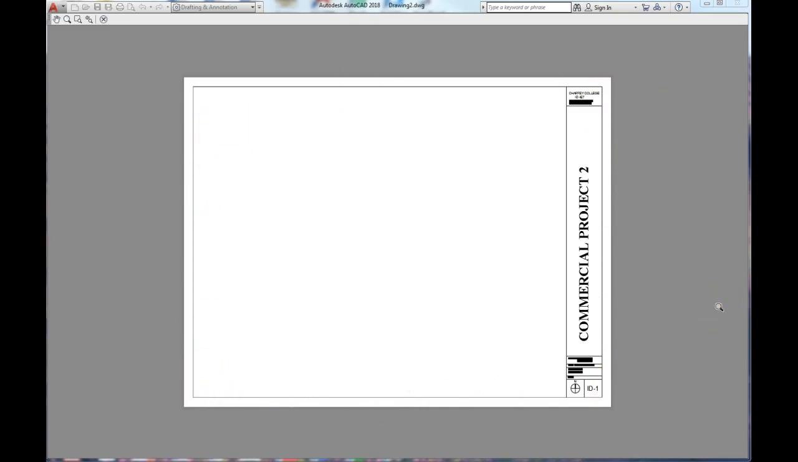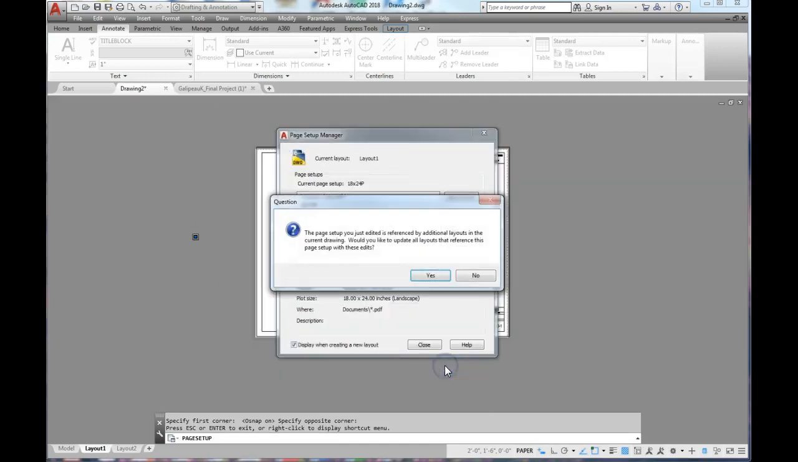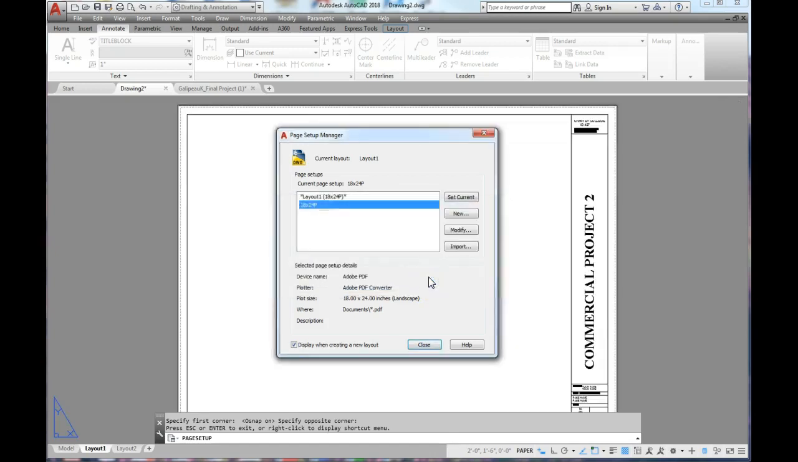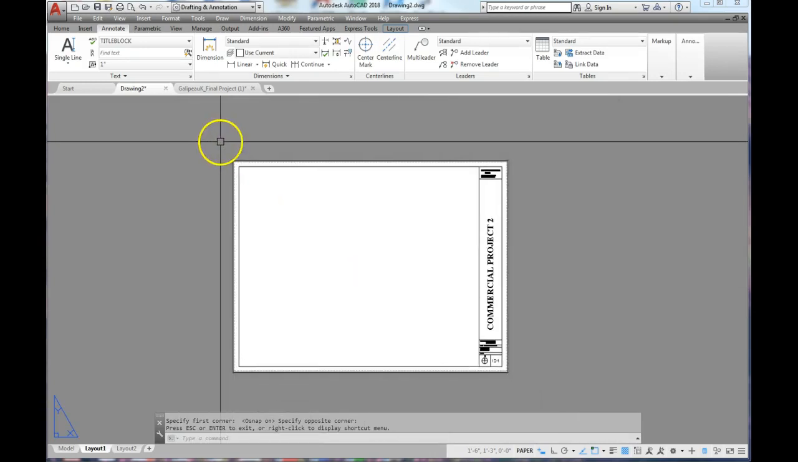So it is complete. We want to hit the enter button and OK. And it says you've just edited reference additional layers in the current drawing. Would you like to update all layouts that reference this page setup? And you want to say yes. Set current and close. Now this title block is set up perfectly,